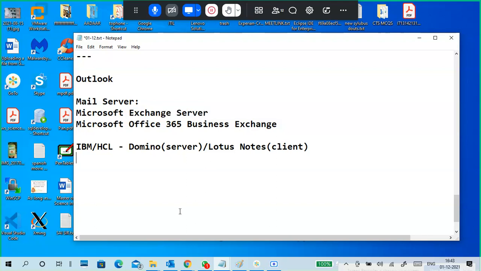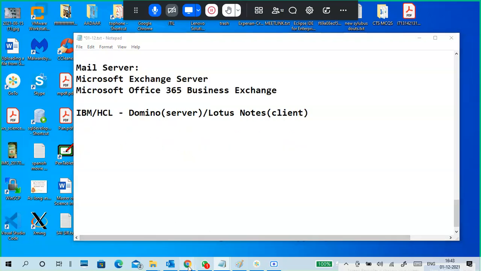But I should know how to access that mail through Outlook or web access like that. So how to share, how to put attachments, how to add signatures, this kind of stuff we require. So look at that one. So this is the concept of mail communication.